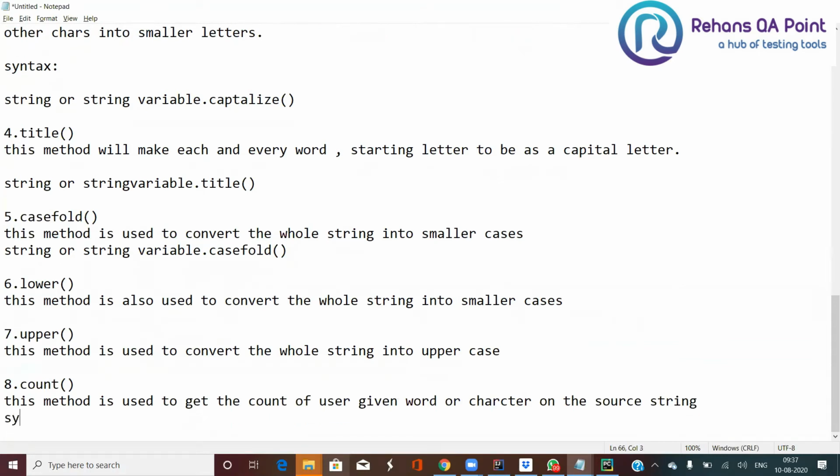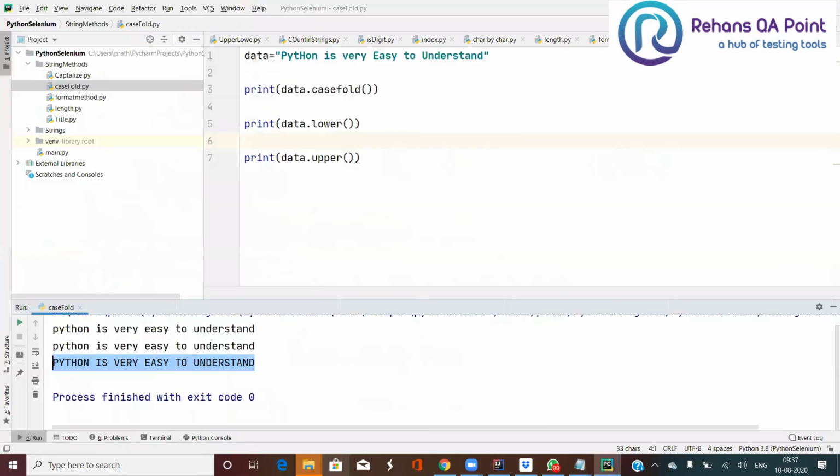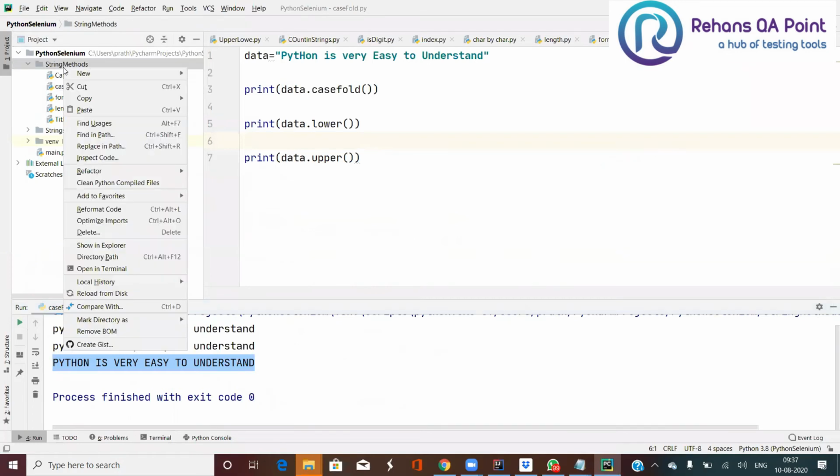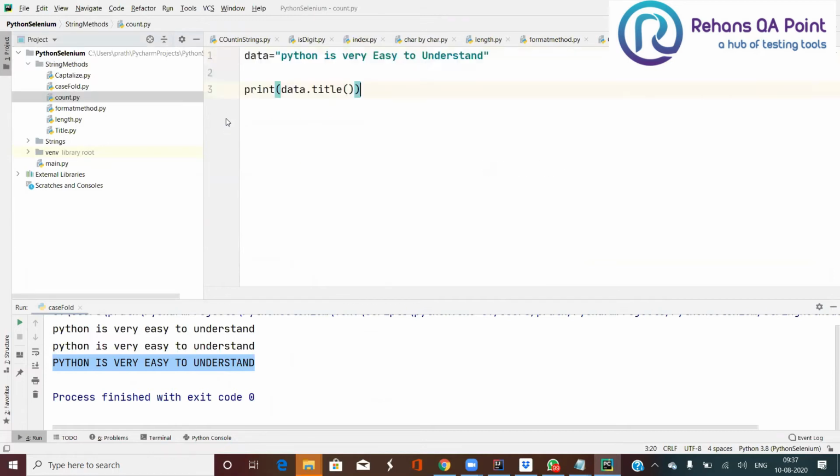The syntax is string dot count. The output is going to be a number, an integer. So let me go back here and write the method name as count. Here I have written: Python is very easy to understand. Python is booming in the market.